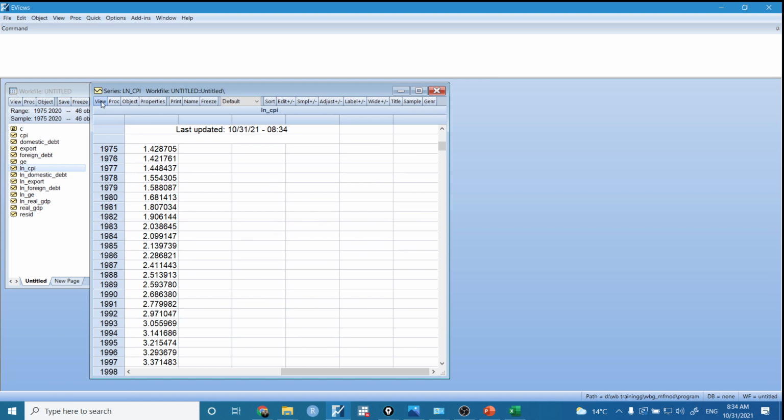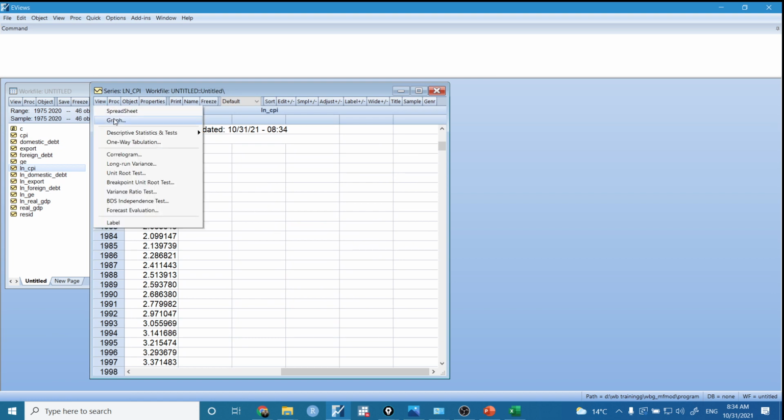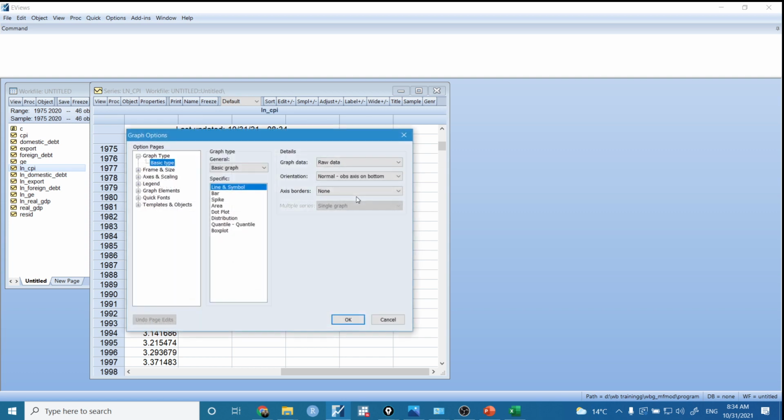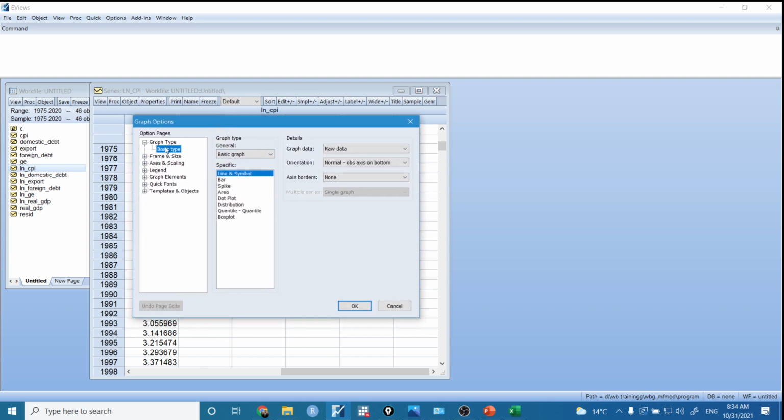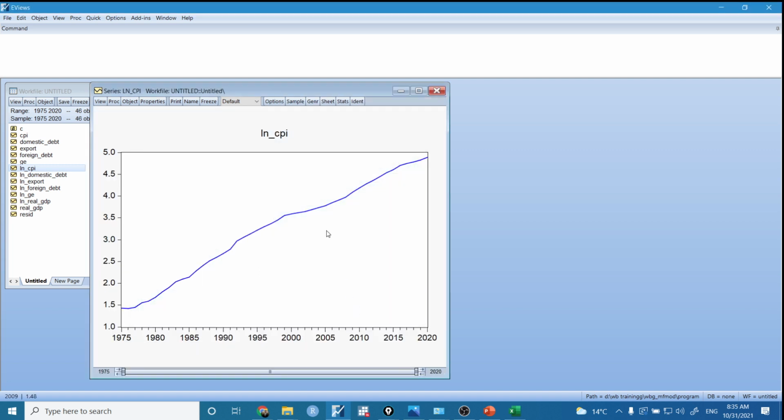and at this point we will click on view, and let's click on graph. Let's view its graph, and the box will appear, and the graph type, it's line and symbol, not bar, not spikes, not area. We'll click on OK. The graph is formed automatically by EViews,